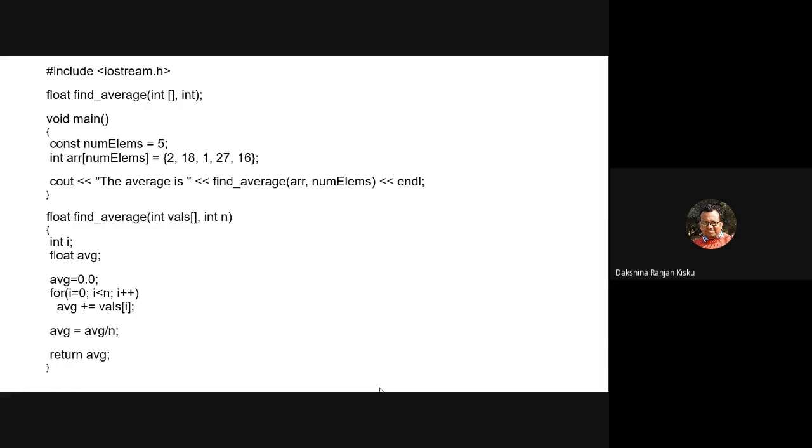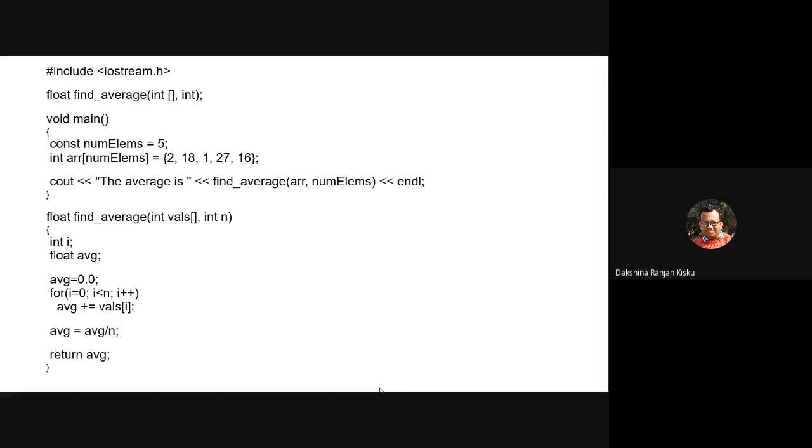Then we put a comma and write the type of the number of elements. Only the types are written as arguments.